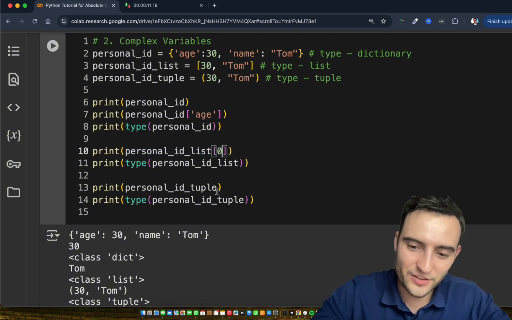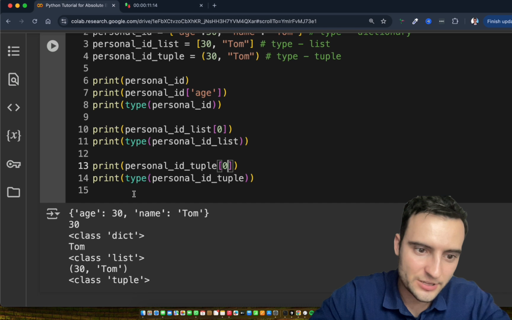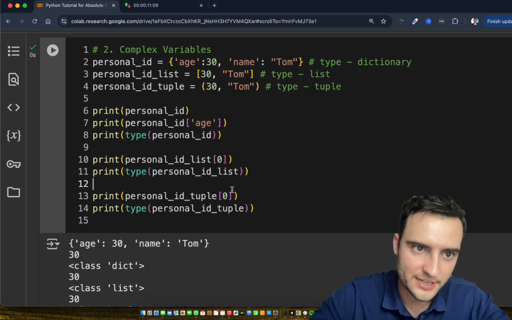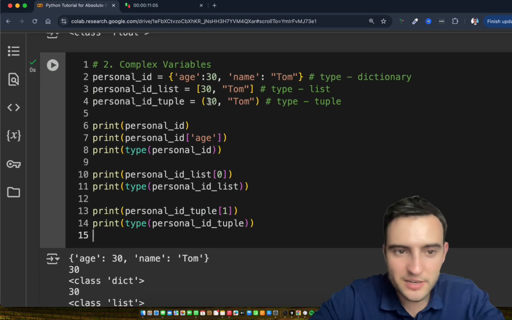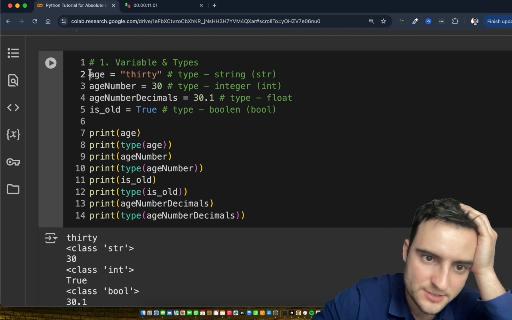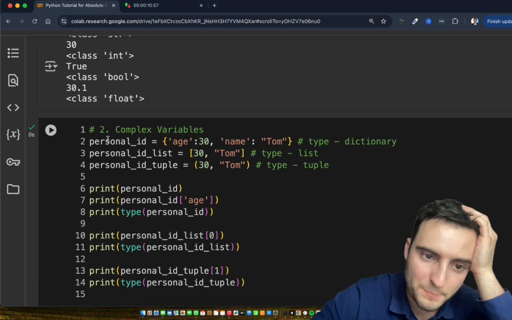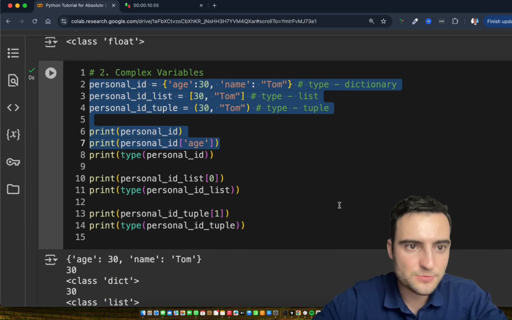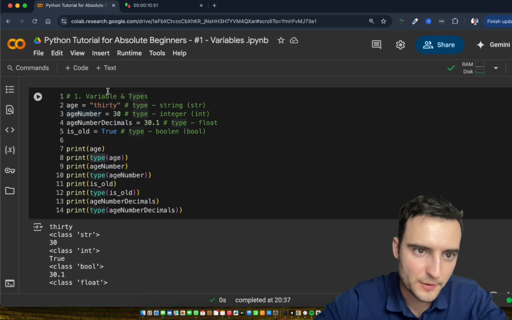And then here, for the tuple, similarly, if you write a 0 here, you can get the 30 value. And if I do a 1, I should get Tom, as you can see here. So there you go. That's pretty much the basics of variables. We've explored all of the basic ones. We've explored the types here. And we've also explored more complex ones. And now, as a last thing, I'm going to show you something very simple,